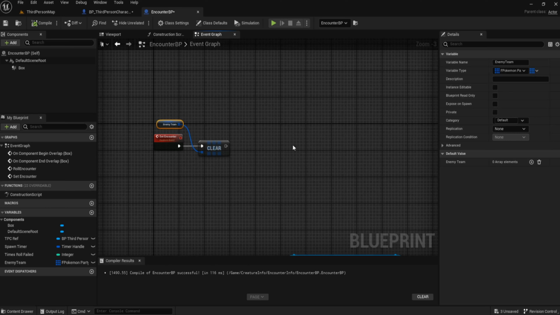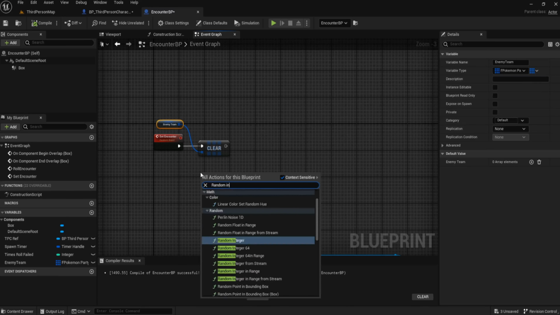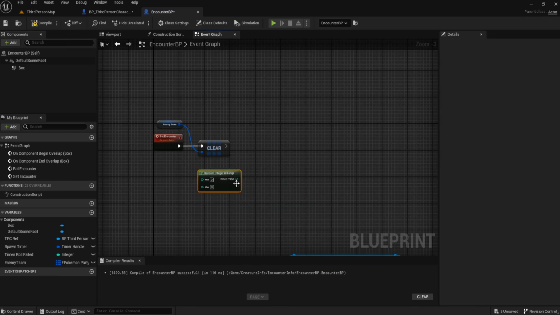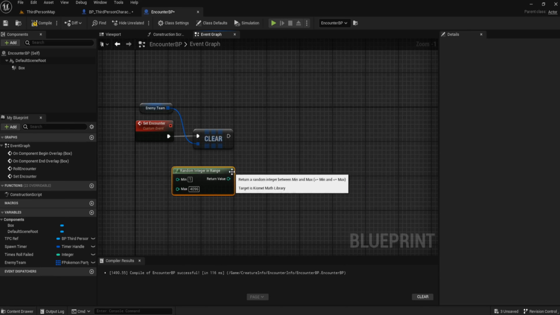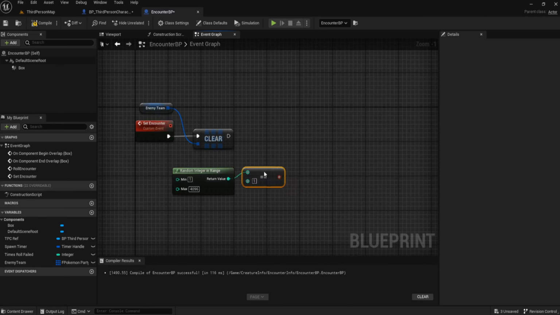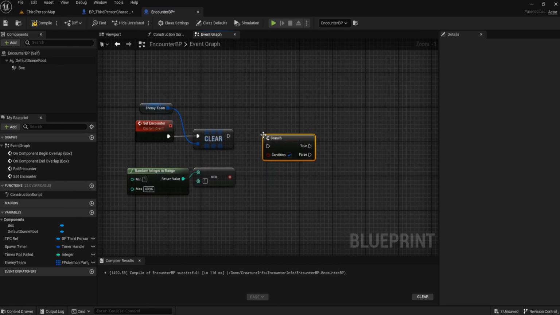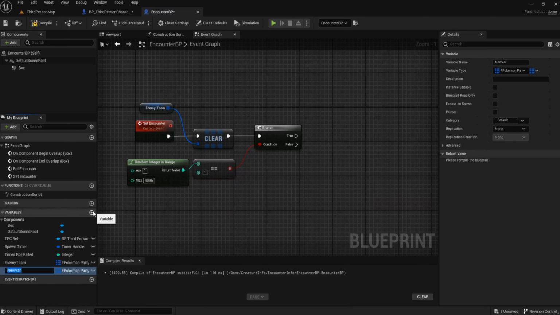The next bit is going to be very similar to what we've done before. And we're going to get a random integer in range. And again, it's going to be between 1 and 4096. And we're going to check to see if that is equal to 1. And then if that's true, we're going to put that in here, and we're going to set a new boolean called is shiny,